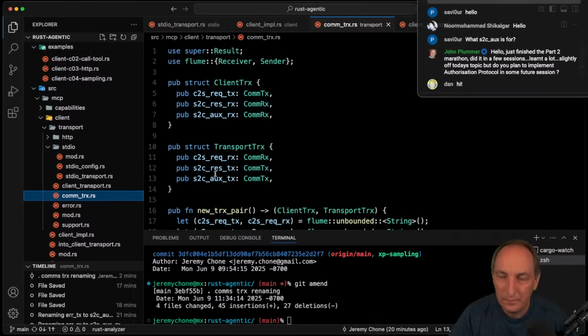This one here, the transport doesn't know if it's an S2C response or if it's an S2C request. So that was the way I was trying to do it, but it is not true. So in fact, the naming that I should do is,